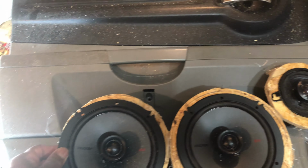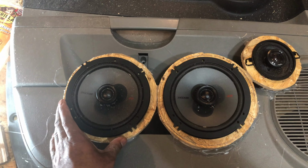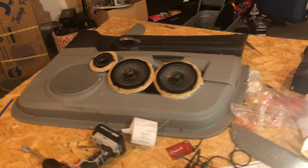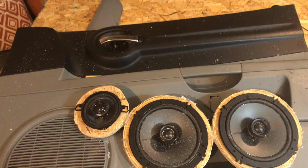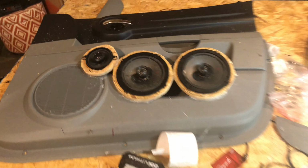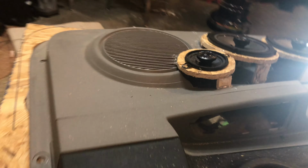Alright, I got my pieces glued to the door. I cut into the door panel just a little bit to make everything level. I use my hot glue gun to help hold everything in place. As you go around here, you'll see how I help hold everything up. I use a paint stirrer stick right here,